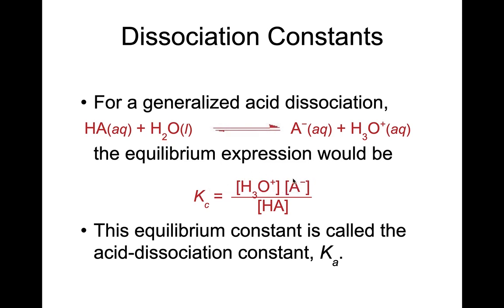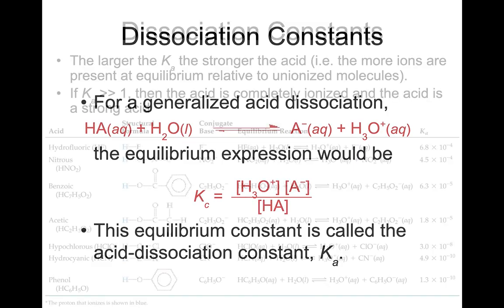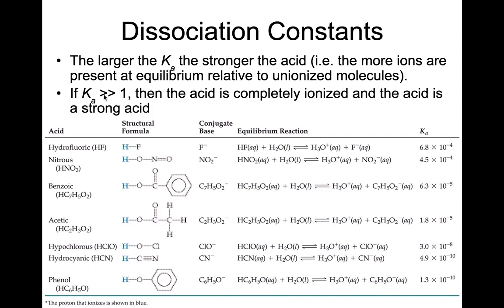So a large Ka means we've got large dissociation, a very strong acid. If our value is much, much larger than 1, it indicates to us that the acid is completely ionized. It's a strong acid. It 100% all breaks down in water. None of it is left, or very little is left